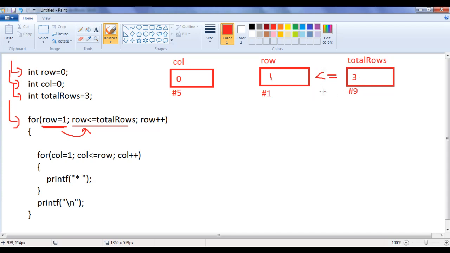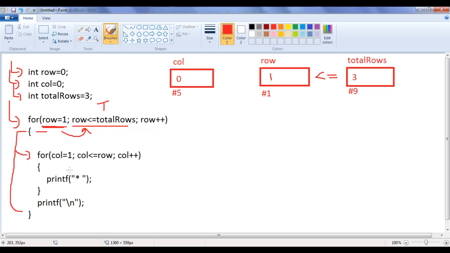Here we have 2 conditions, guys: whether row is less than 3 or row is equal to 3. If any one condition is true, the result will be true. 1 equal to 3 is false, but 1 less than 3 is true. So the result is true. As this condition evaluates to true, it executes the body of the outer for loop, guys.